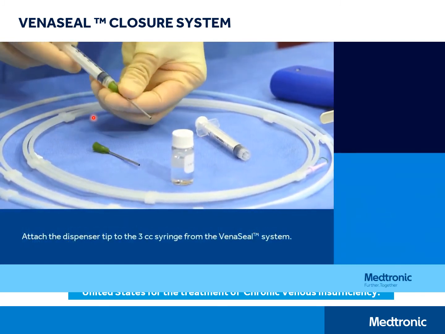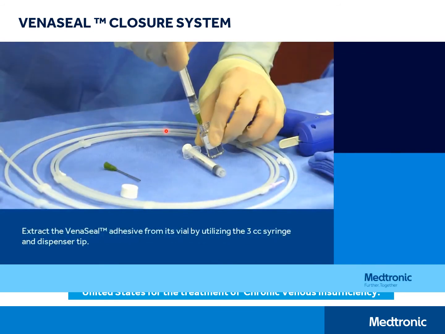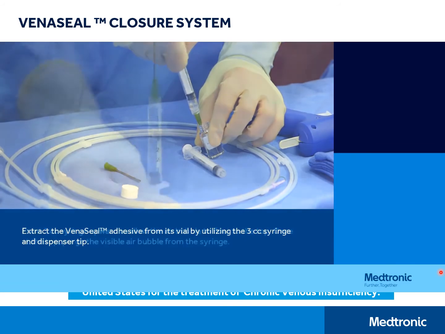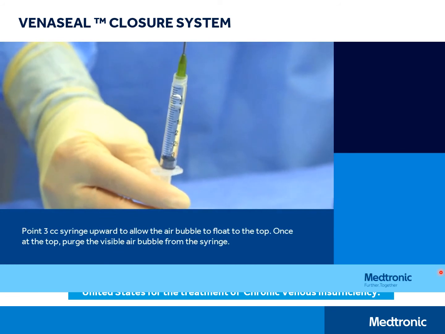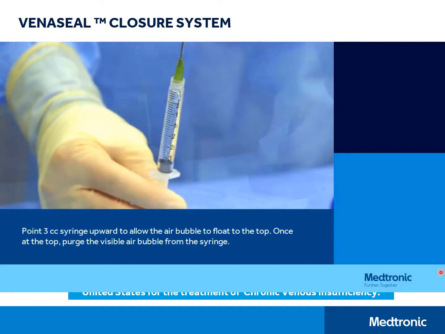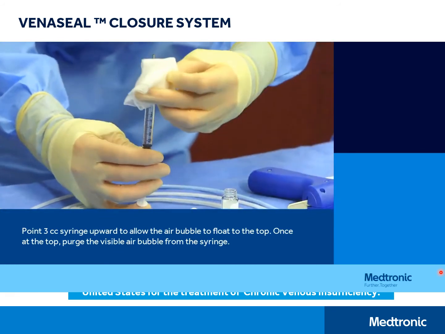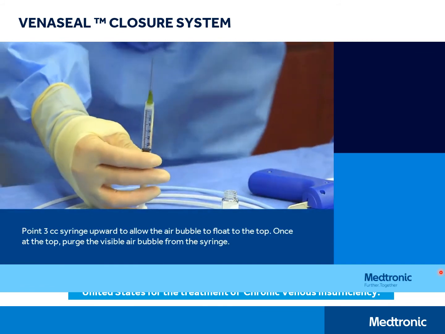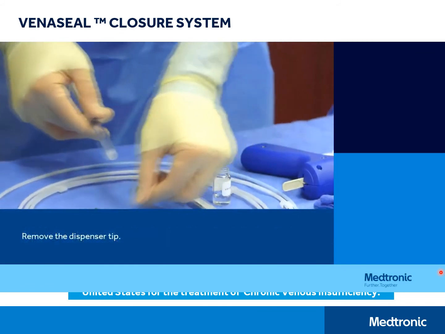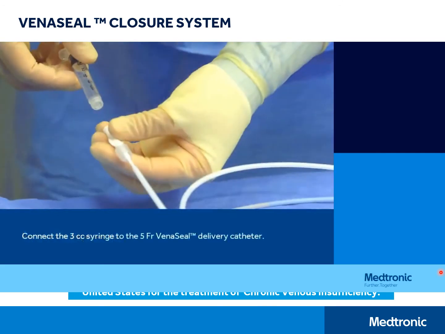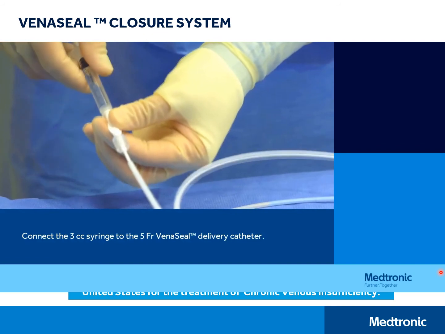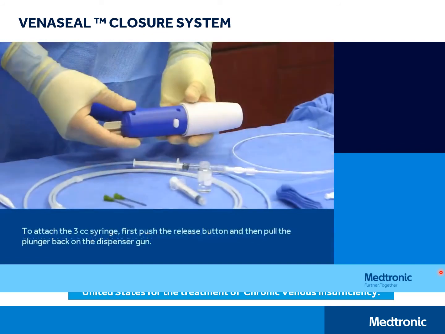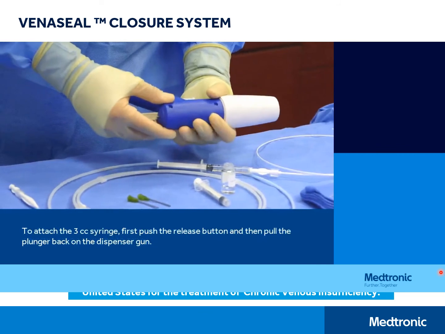So once we place this blue introducer 5 cm proximal, take the glue into this syringe. Don't flush this syringe or needle with any saline, because if the glue comes in contact with any saline, it will polymerize and it will be wasted. So once you take the glue into the syringe, connect it with the delivery catheter, and once you connect it, then